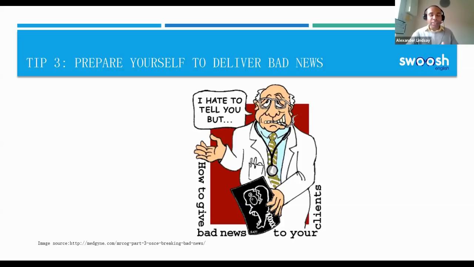On the other side of this, it's also important that if the patient gives you bad news, that you show empathy as well. So let's say, for example, that the patient tells you that their mother recently has experienced a serious illness. As a medical professional, you would want to respond to this. So you would give a response such as, "Oh, I'm sorry to hear that. Oh, that must be really difficult for you. I'm sorry." So constantly showing empathy to the patient, showing empathy when you deliver bad news, but also when you receive bad news from the patient as well.